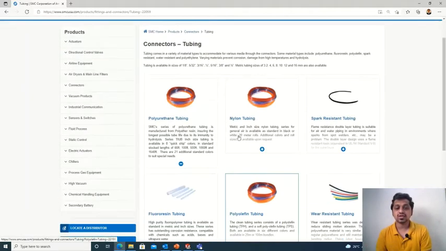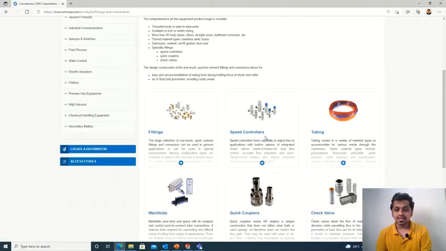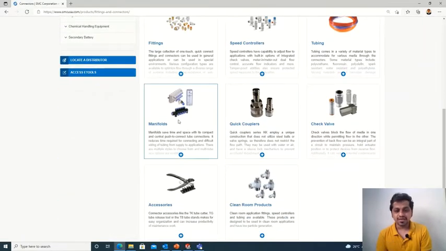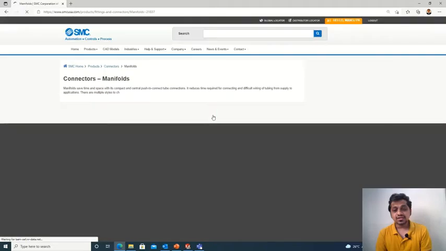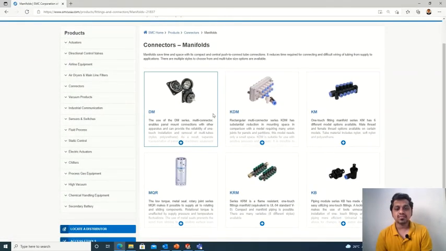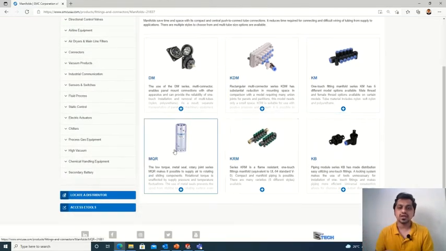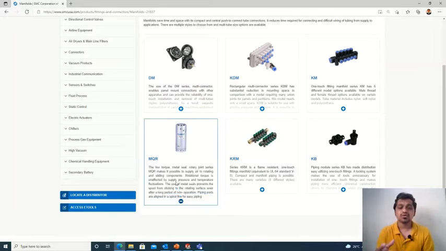So this is also an important parameter or accessory, right? Then we have different manifolds available. Manifolds are important. We can use them because they are multi-connector type. We can just bring all the tubes in, and then we have the output. We have a special low torque one here. If we have a rotary application, the tubes will rotate.